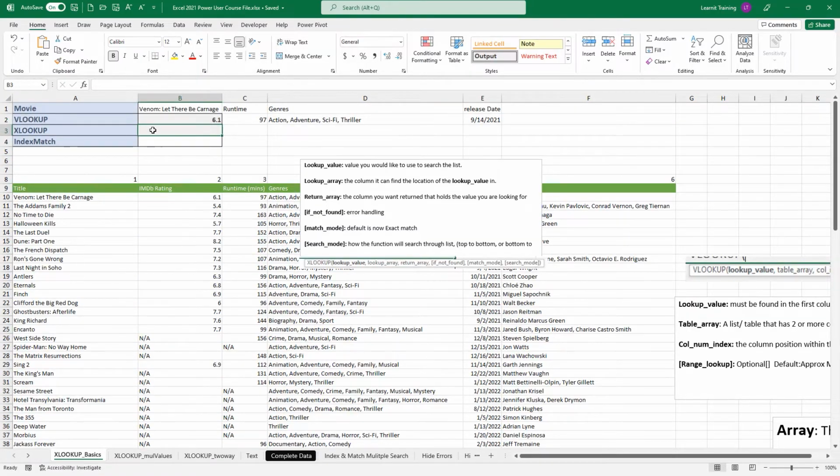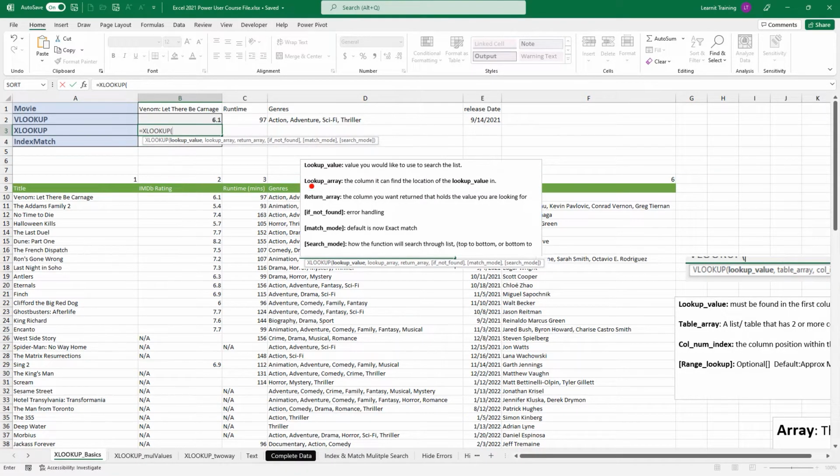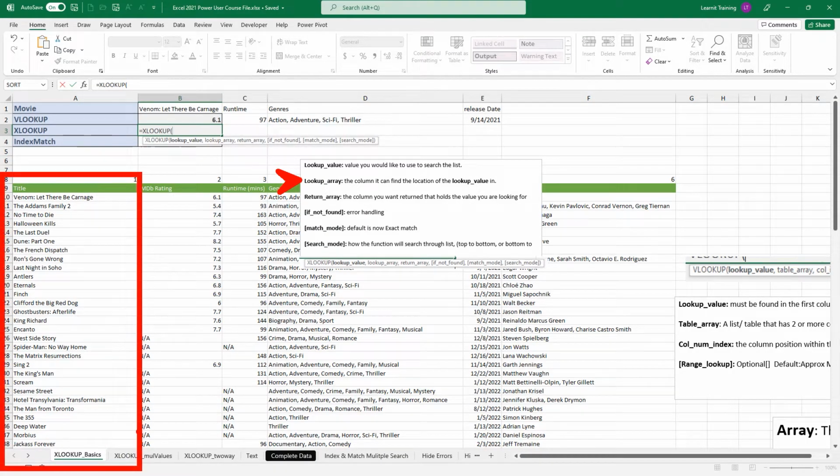Where instead of a VLOOKUP, we can now use an XLOOKUP, which has very similar arguments, a lookup value that can actually be anywhere inside the list. You also have something called a lookup array, which is now a single column that you specify that Excel can use to find your lookup value. So my lookup value will be inside of my lookup array. This is my lookup value, and this is my